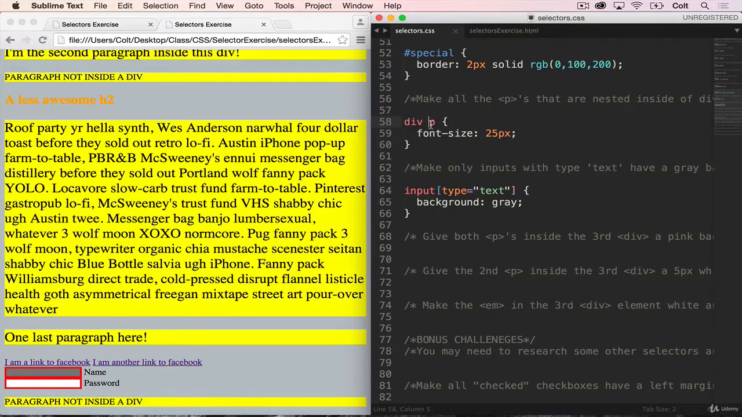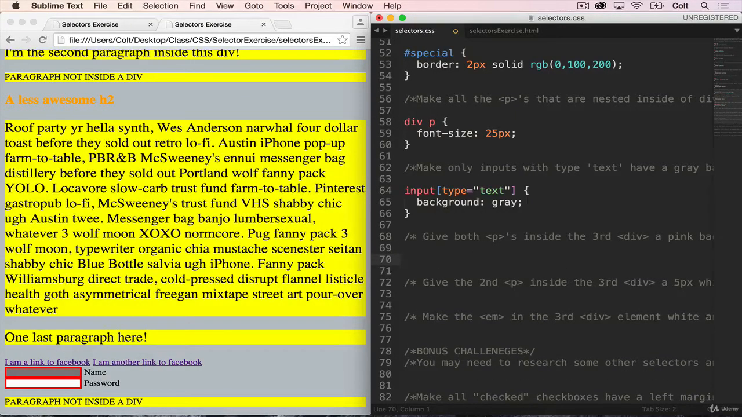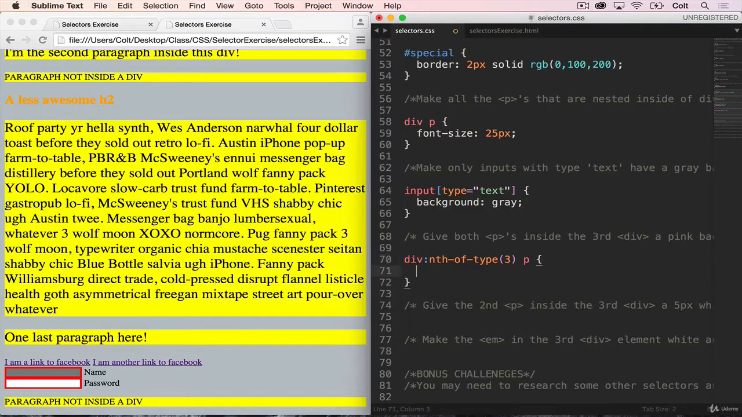What we do want to do is select all paragraphs inside of the third div on the page. And the way that we can specify the third div is to use nth of type. So we'll say div nth of type 3. So that's going to give us a third div. And then inside of that, all paragraphs. And then we're just going to say background is pink. And save,